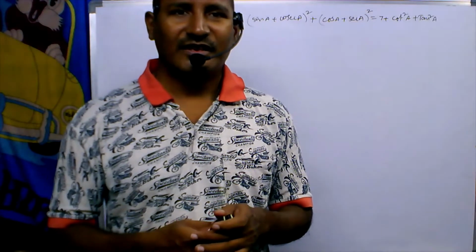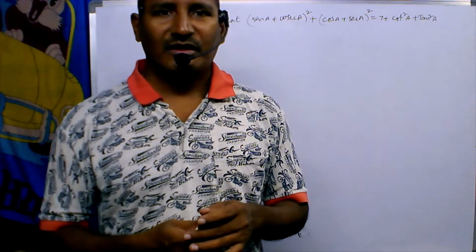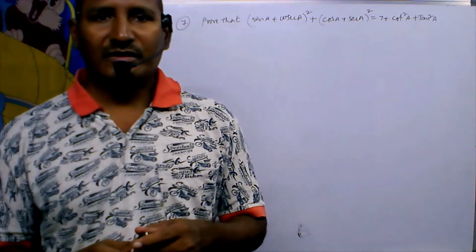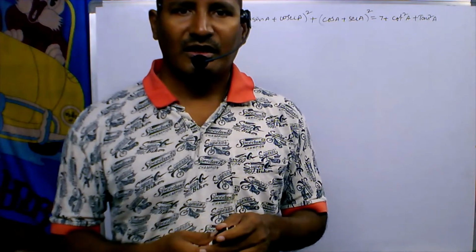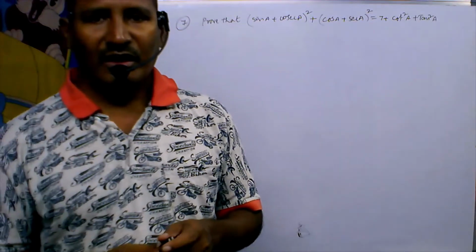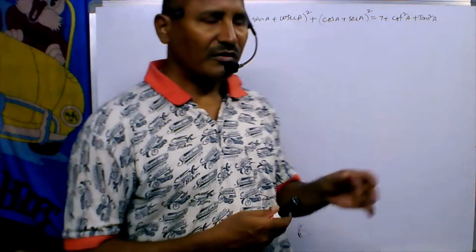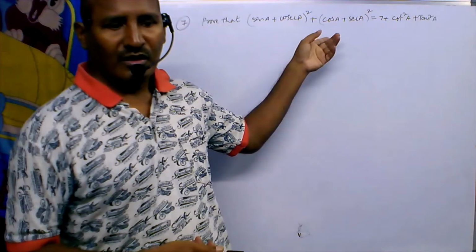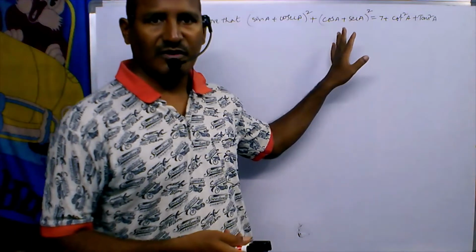Namaste students. In the previous class we have discussed different concepts that can be applied in trigonometry. Simply we have discussed the definitions of trigonometric ratios like sin theta, cos theta, tan theta, cot theta, cosecant theta, secant theta, and their reciprocals as well as identities. So now here we have one important problem from exercise 11.4. Very important question. This may be asked for 4 marks.